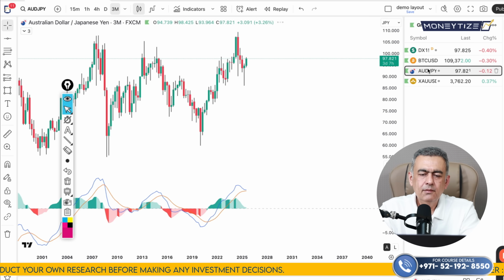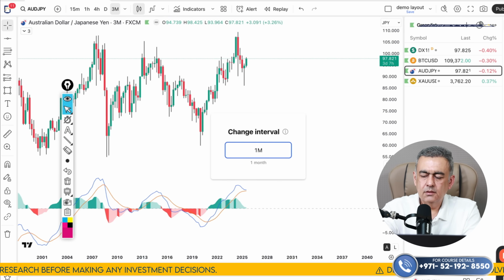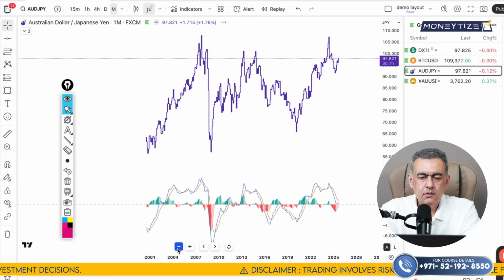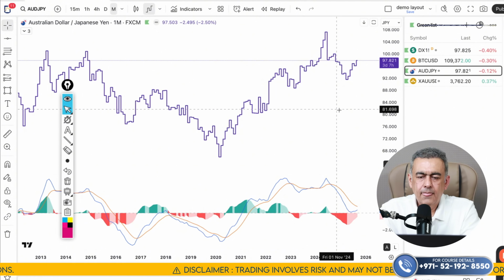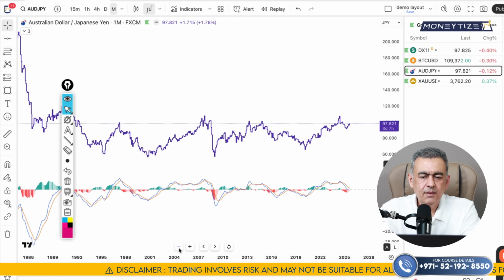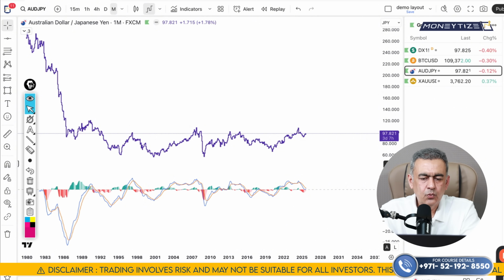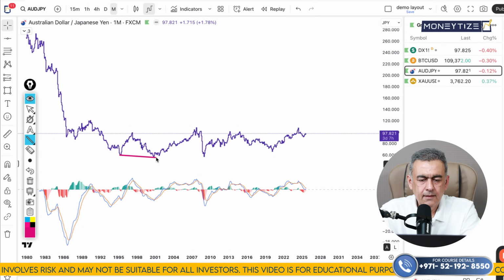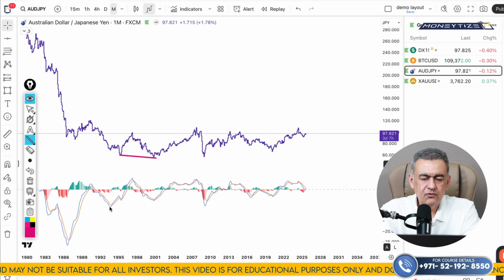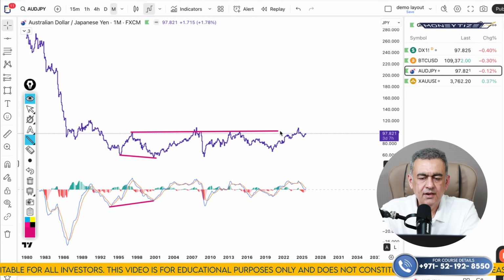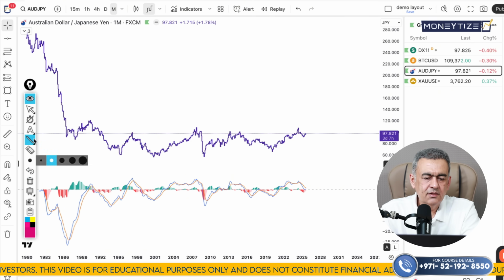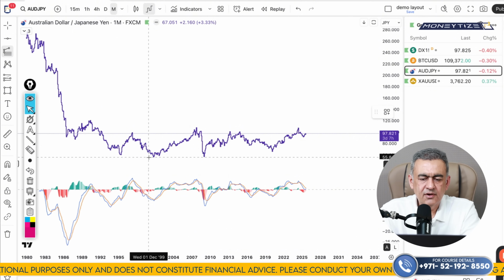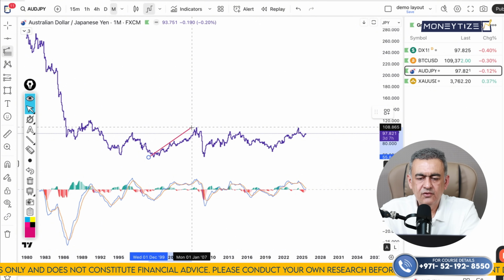Now I'm switching to AUDJPY, and I'll start on the monthly frame here on a line chart basis. Taking the view on the monthly frame, I can see that the lowest point is here. So this is the lowest point, which comes with bullish divergence and a break of structure. So it gives me the opportunity to apply the first fib extension in the bullish direction. So we'll start from the lowest and apply our first extension,